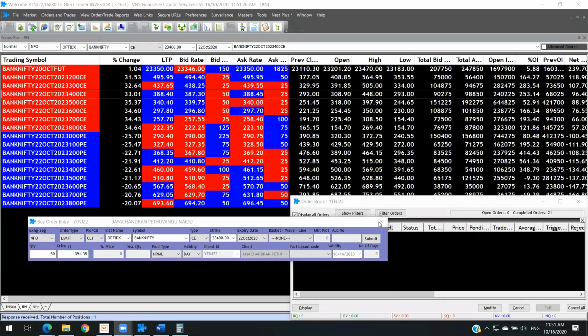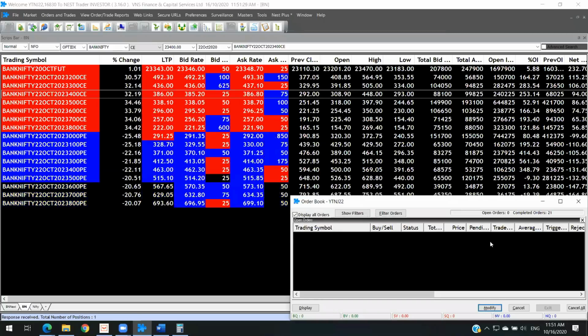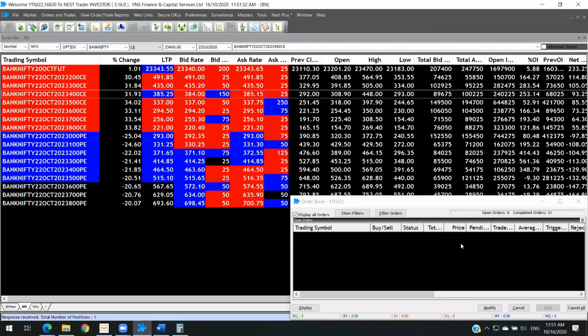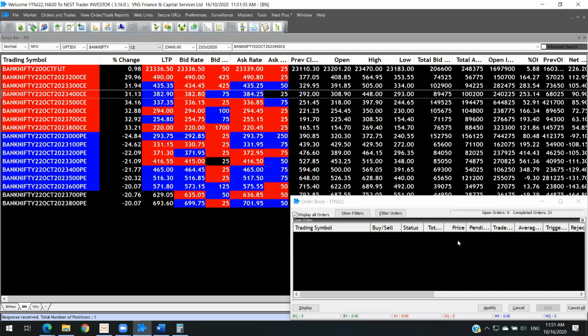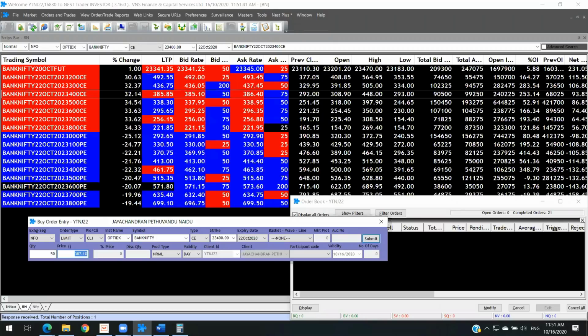Yes, that's the reason I'm always keeping this open here. When you are buying everything, you need this open order window available to you so that you can make the change whenever you want. And as long as this open order window shows you one trade there, you can always come and make the change. Look at this, I'm placing an order at 370.